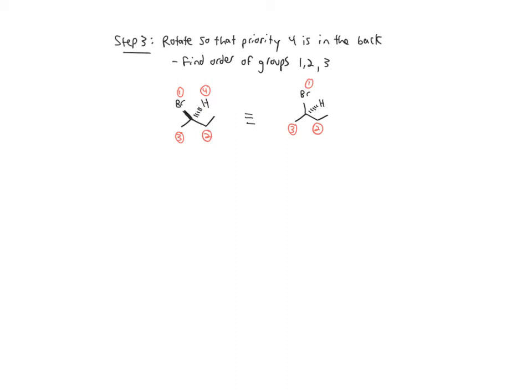Next, what we have to do is rotate so that priority 4 is in the back. It was already in the back, and sometimes this happens, so you don't actually have to do a rotation. You can just take a look at the order of the priority. So here we've redrawn it, looking at it with all of the groups 1, 2, and 3 in the same plane. Once 4 is in the back, we ignore 4, so we don't have to worry about that one. What we're doing here is going from 1 to 2, 2 to 3, 3 back to 1. The direction we're going in is a clockwise direction. And so this is going to be an example of an R